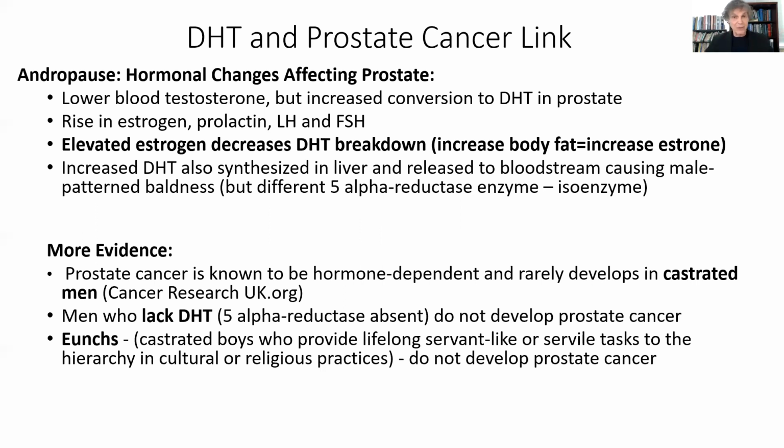of course, occurs as men get older because they're increasing their synthesis of DHT. And the same thing's happening in the prostate gland. And don't let any doctor ever tell you anything other than that. We also know that DHT is highly responsible for these diseases, because in men who are castrated and have that part of their testes removed where they don't make testosterone, they don't develop prostate cancer. Men who are born with an inborn error of metabolism where they don't make the 5-alpha reductase enzyme,